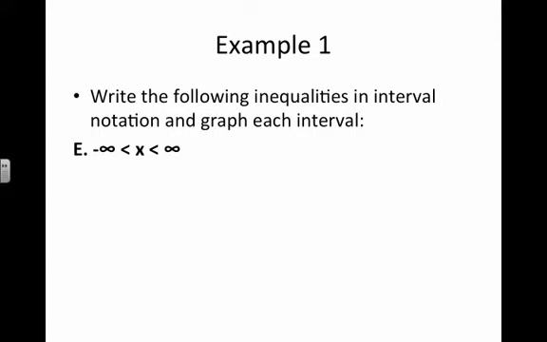We're going to write the following again in interval notation and graph. So we've got negative infinity less than x less than infinity. Well, that means we're going to extend all the way in the direction of negative infinity, all the way in the direction of positive infinity. That's just all real numbers, so the whole number line is colored in. And the way we write that, we go from left to right, so we have parenthesis, negative infinity, comma,